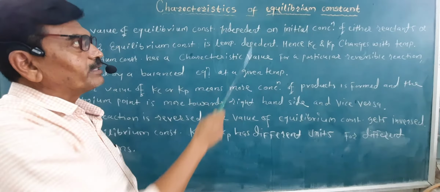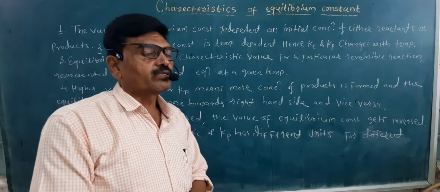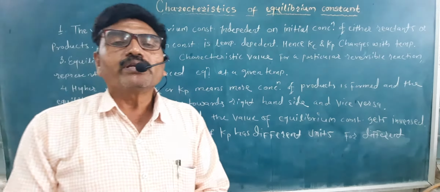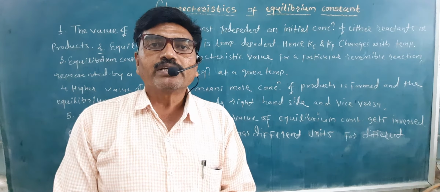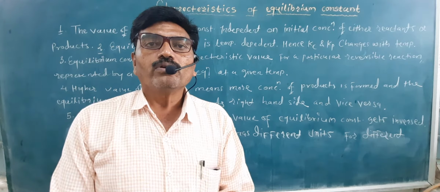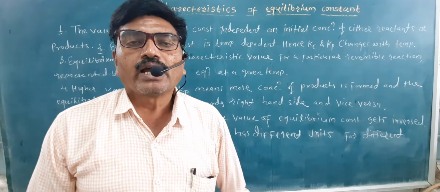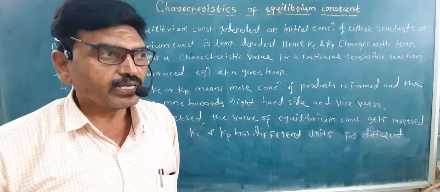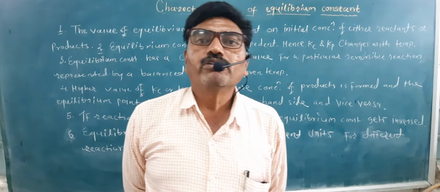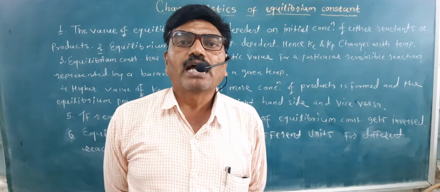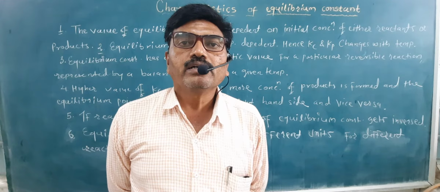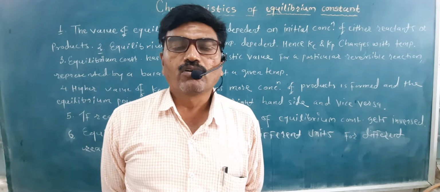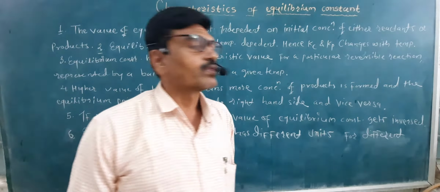characteristics of equilibrium constant. In this case, the equilibrium constant is applicable only for reactions at the equilibrium state. So what we have to remember here: the equilibrium constant is applicable at the equilibrium state of the reactions only. Then see,